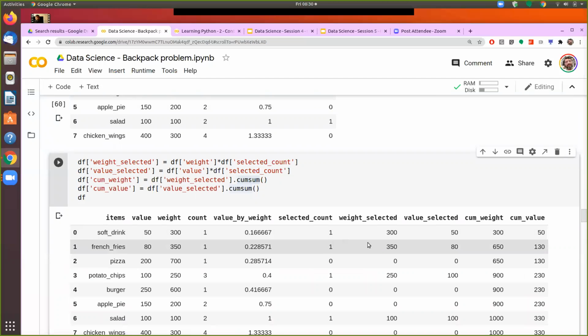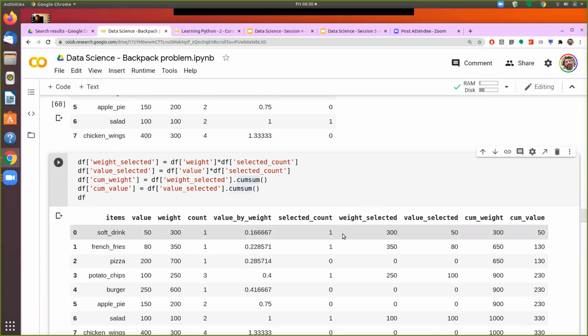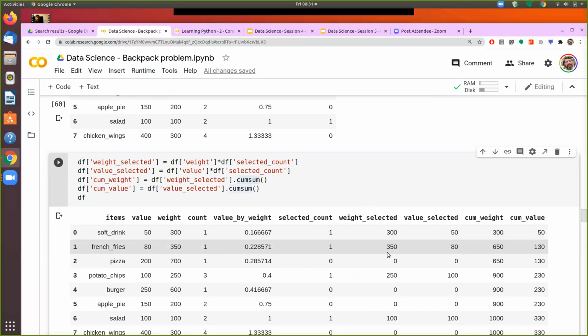So what are the items that I have chosen? My menu is ready now. If I want to have something at the minimum price and want to get 1,000 calories, I select one soft drink. That gives me 300 calories. That costs me 50 rupees. Then it allows me to choose one French fry, which again, it allows me to take only one. And the calorie is 350, and therefore my cumulative calorie becomes 650,